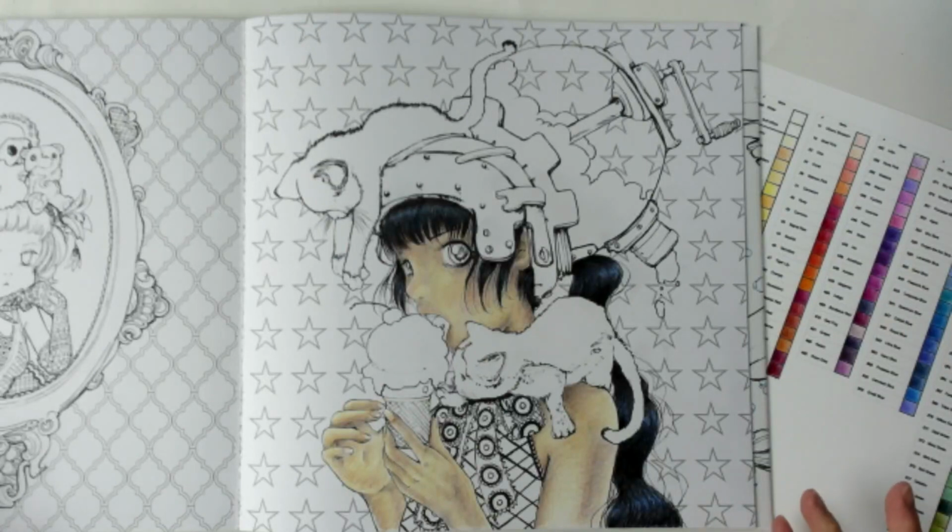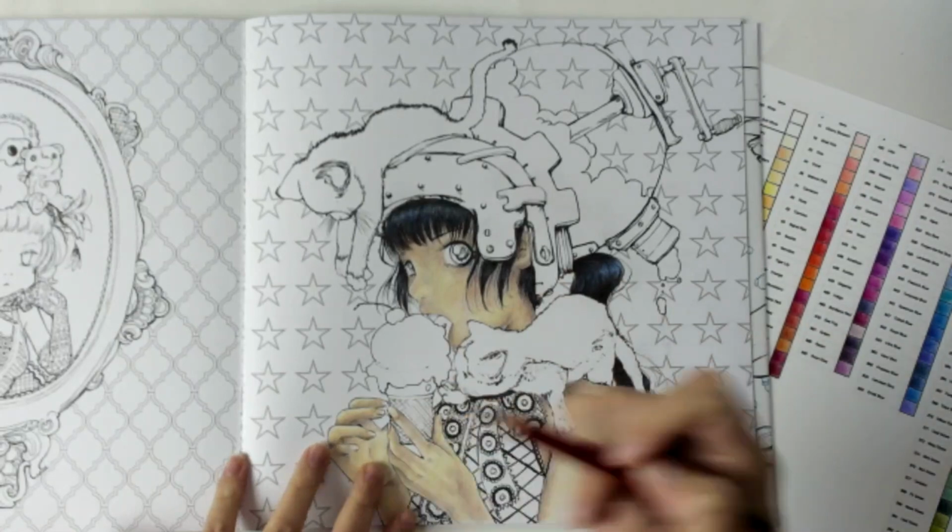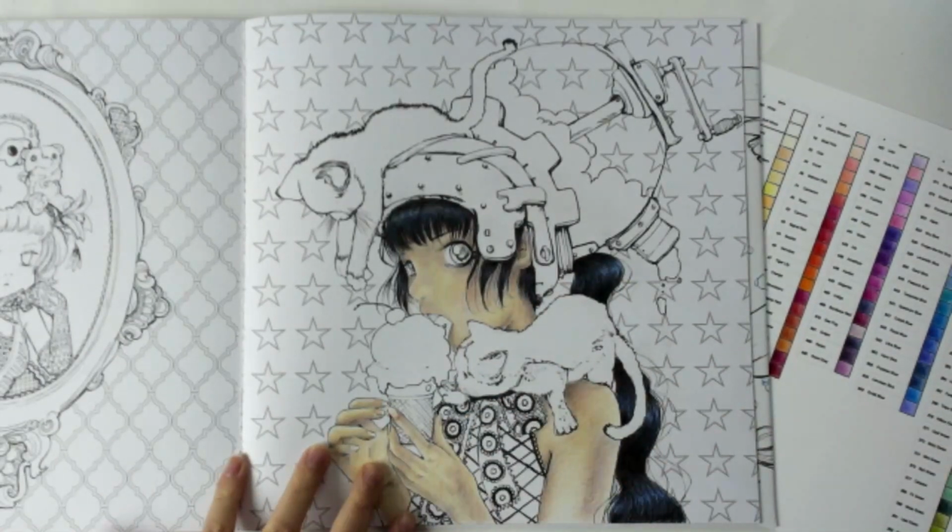I'm not that good at ice cream. How do you color an ice cream? Because it looks a little flat, but I want to give it dimension. So this is going to be a learning curve for me. And of course,